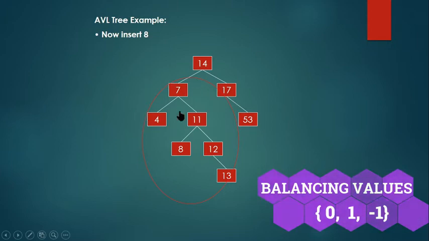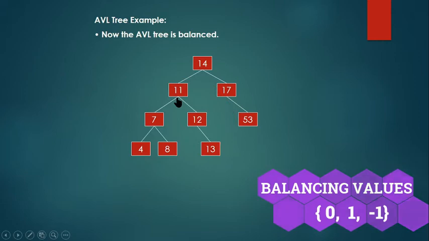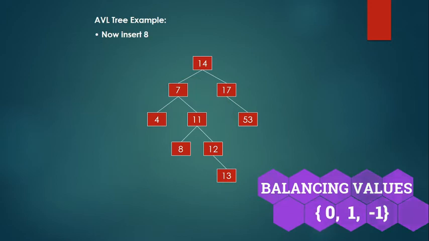I am making a left rotation, 11 goes up, 7 and 4 comes down, 8 will join with 7. See, 11 goes up, 8 joined with 7 according to the binary search tree concept. Okay. Please, if you have any doubt, please play back again and understand what I am trying to say here. We are following right, left rotation. If it is a right, left rotation, first you have to make a right rotation with 11 and 12. Once it is done, then I have to make a left rotation.